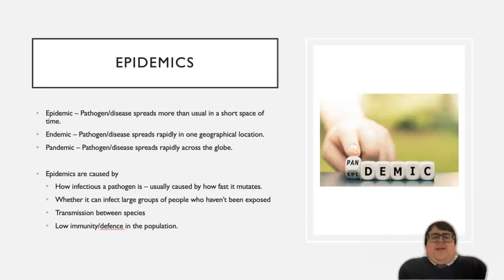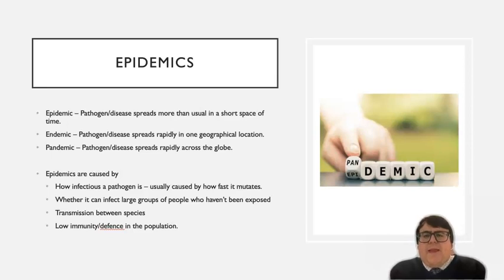We'll start with, obviously, epidemic, which is what the name of this topic is. So an epidemic is when a pathogen or disease spreads more than usual in a short space of time. So it's unexpected how fast it kind of moves. And it might be in that geographical location, it might be outside of that geographical location. But essentially, in an area, the pathogen or disease is spreading faster than we expected, and hence we call that